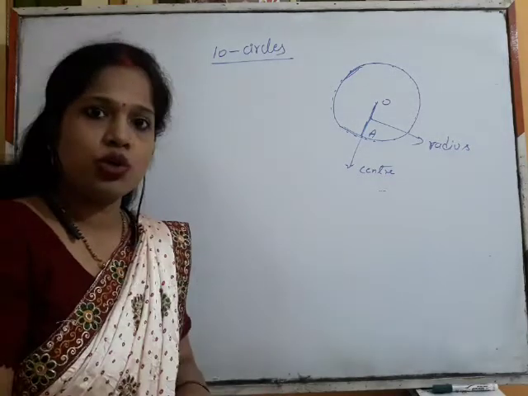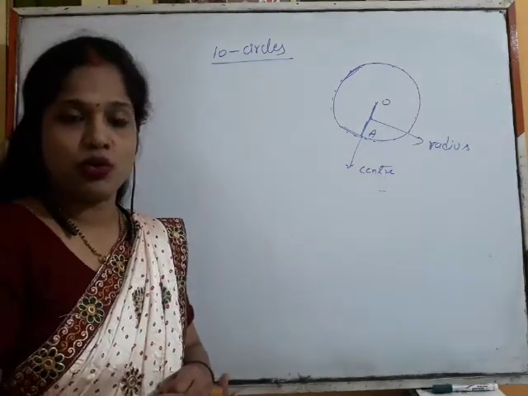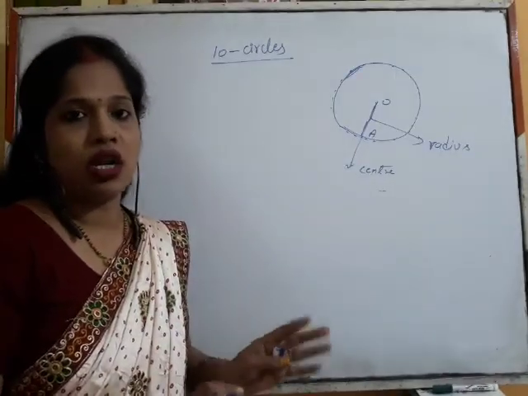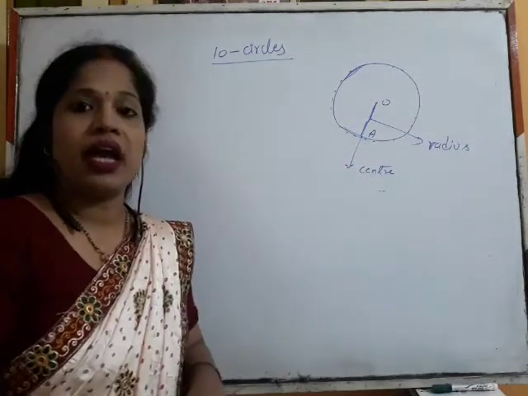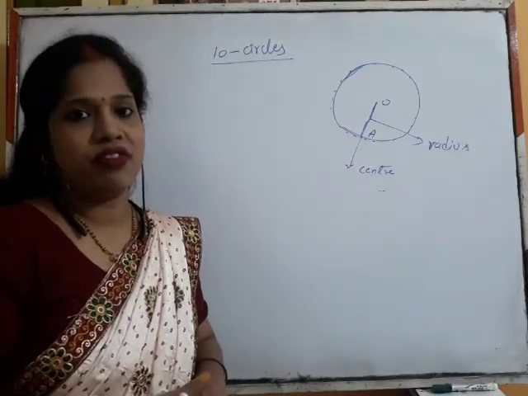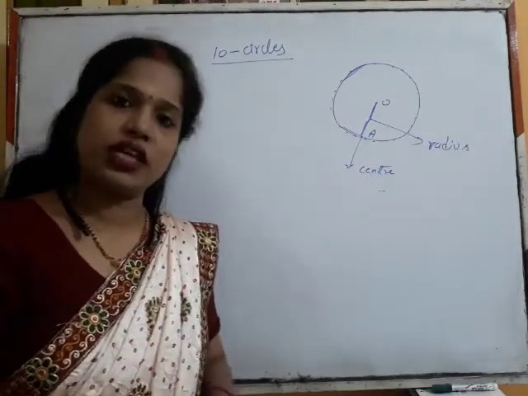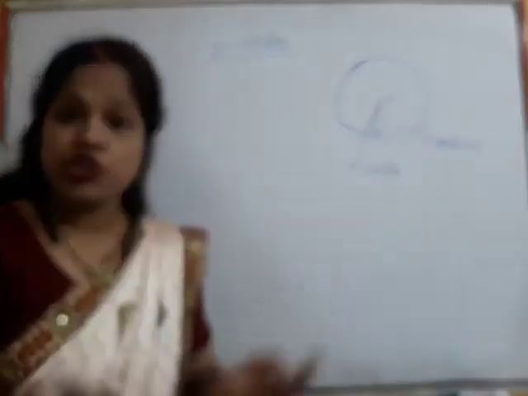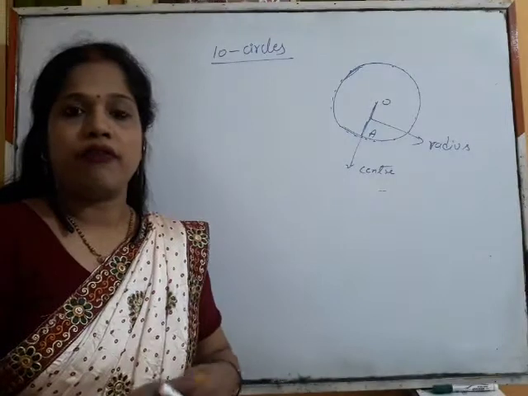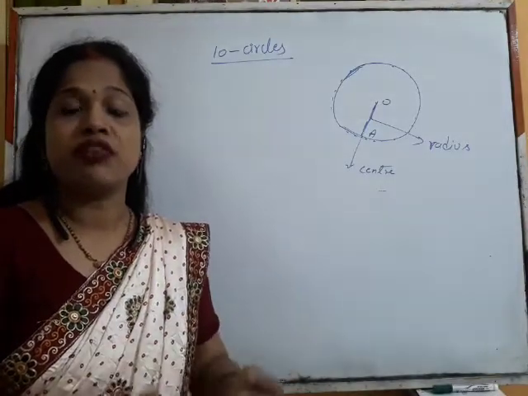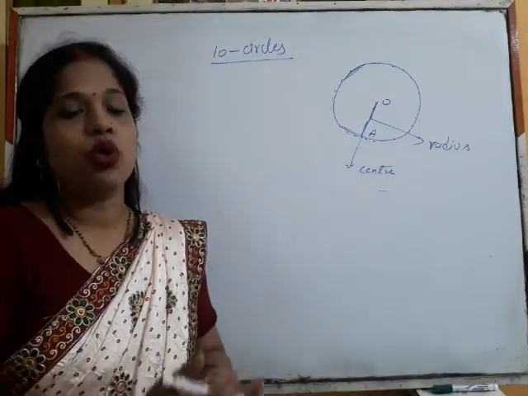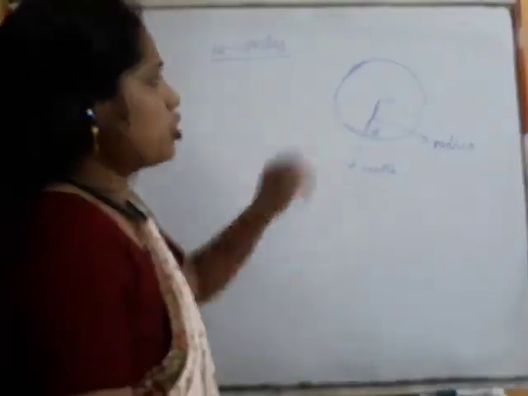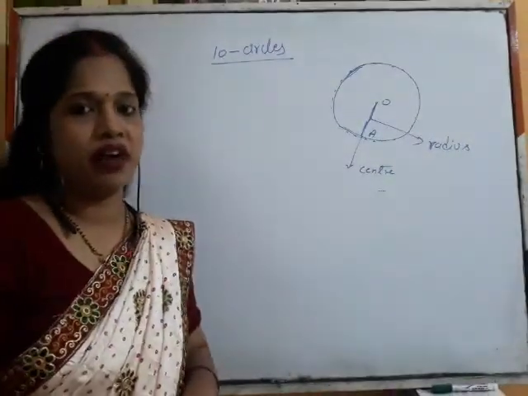Interesting. Students, previously you have studied, or we have also taught you in that way, that a circle is a closed curved figure into which there is a center. That's all. But this is how we actually properly define a circle. So what is a circle? A circle is a closed collection of points which are at a fixed place, through which the distance is fixed from a fixed point. Okay, so this is how the circle can be defined.